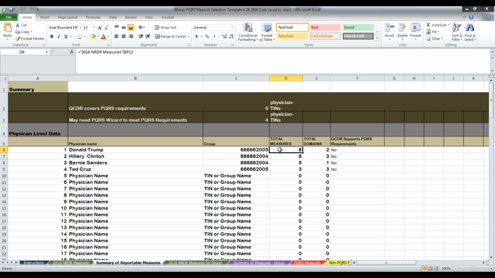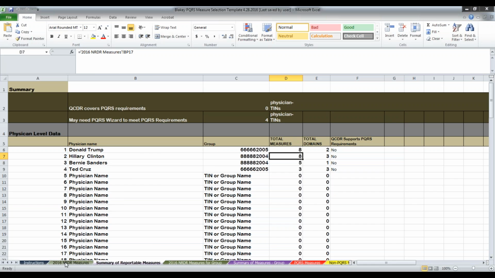As a reminder, this tool is used during the process of finding measures that you want to report. Each measure, as well as the database that owns that measure, can help you fill out your register for the QCDR, and you know exactly what databases you want to participate in because you've already looked at what measures are available. So just really quickly, and we don't have to spend a lot of time with this, but Donald